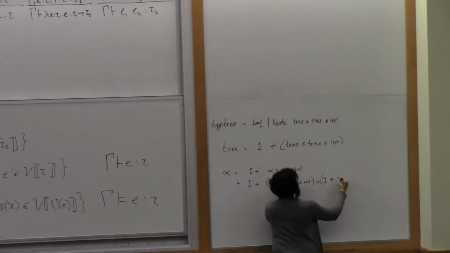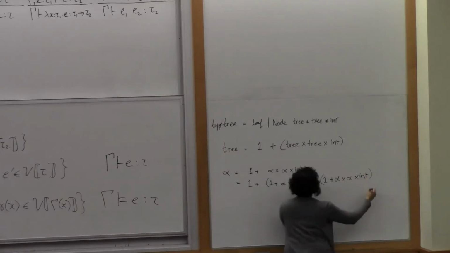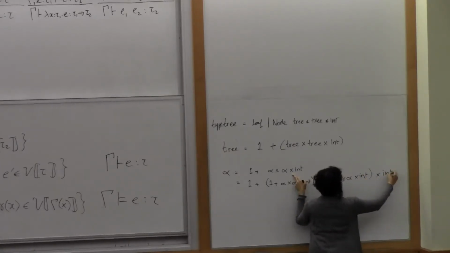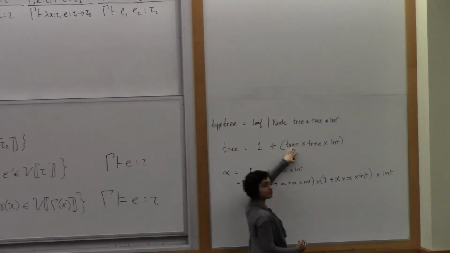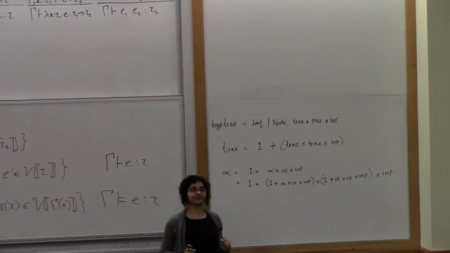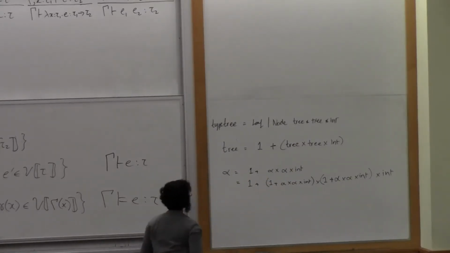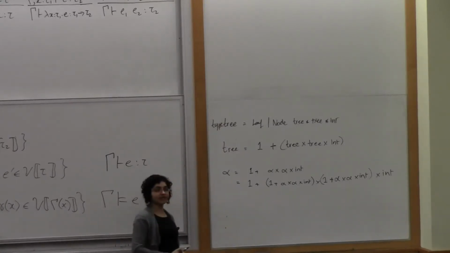So unit plus alpha cross int on the outside. So basically keep substituting for alpha, right? That's what this definition is shorthand for. Every occurrence of tree here, you basically substitute the whole right-hand side for that occurrence of tree again, right? And ultimately, the trees that we're interested in, we could continue this process in the limit, right? And we get an infinite tree,